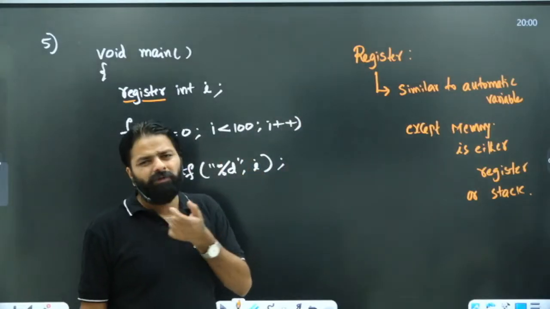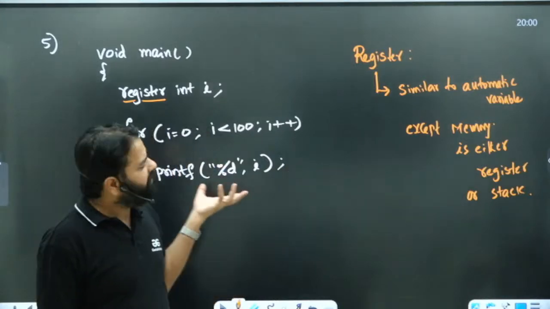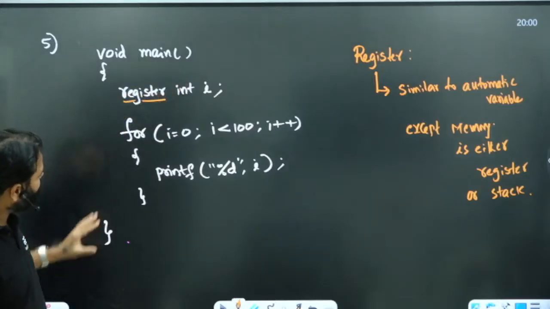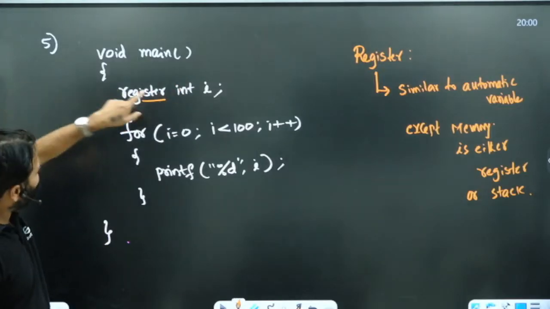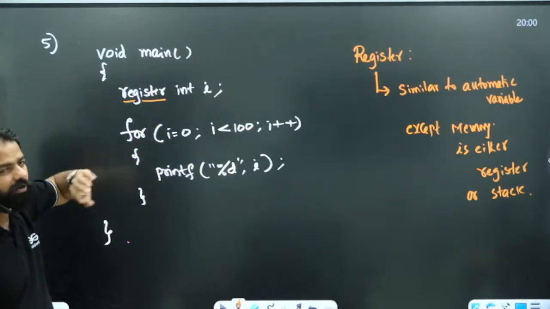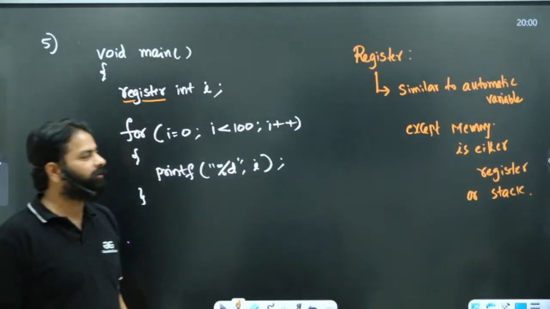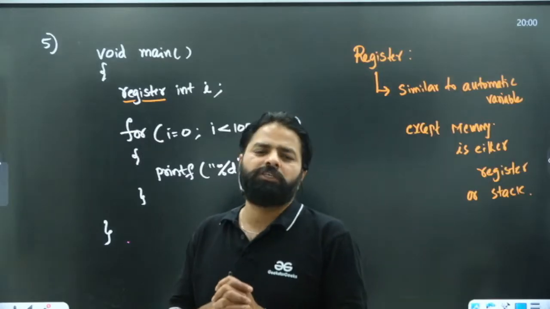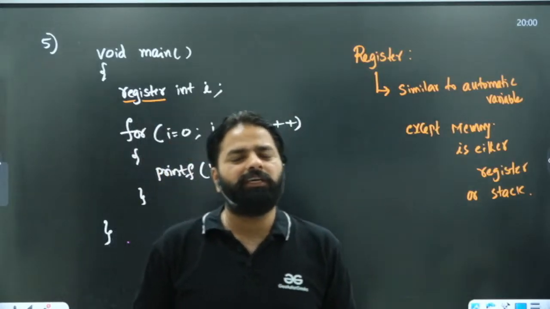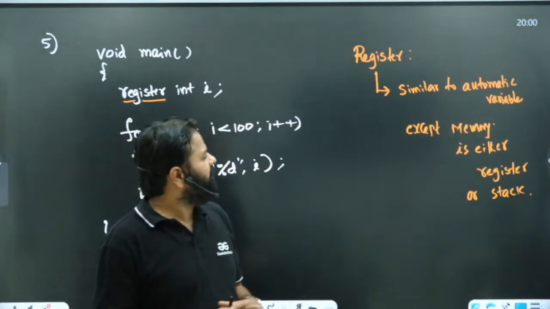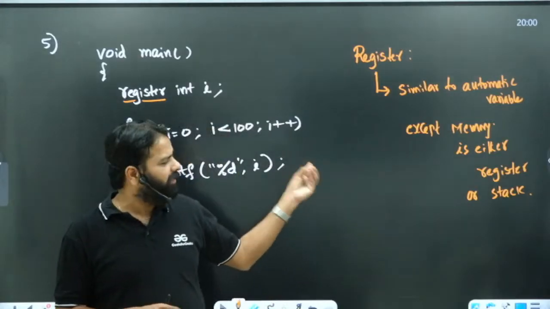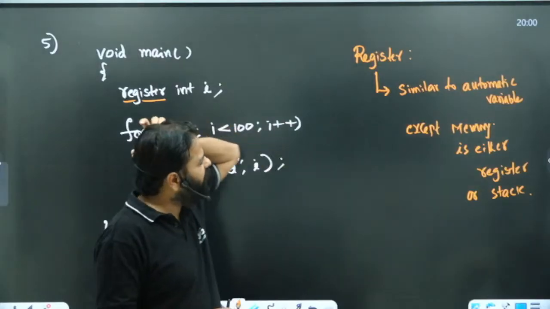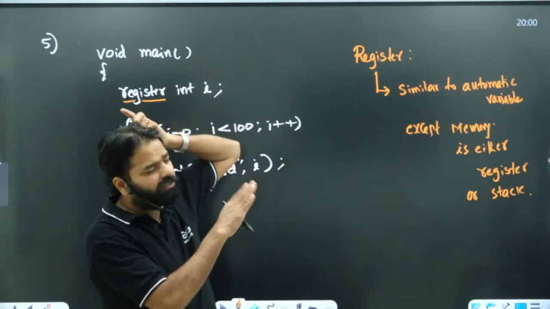Everything else is the same. The scope is within the block. If you declare here, when you enter, it creates, and when you go out, it deletes. And for accessibility, if you declare here, you can only access it in this block, not outside the block. The automatic and register variables are almost the same in terms of visibility, scope, lifetime and initial value, everything is the same. Only the difference is the memory or storage where it is created.